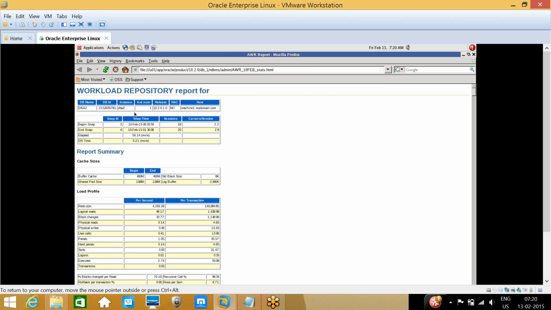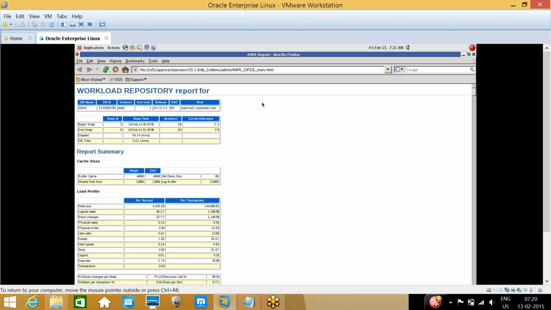But the snap is not available immediately, right? Yes, after 15 or 20 minutes the snap will be available. It's not only for 1 hour; you can change it to 15 minutes also. But in 15 minutes there will not be that many changes, so we usually maintain 1 hour, in which it can collect all the changes.